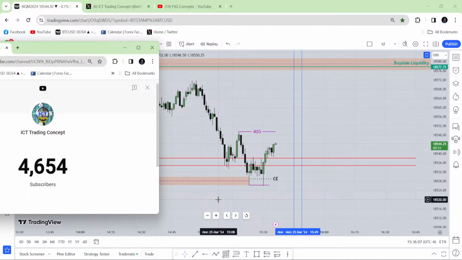Is that little swing high valid for MSS? I told you no. This one is valid for shifting market structure until now. Except this one, no market structure shift is valid, and all I need is displacement. Without displacement, if I see this type of Mickey Mouse move, I won't say this is a market structure shift. I need a displacement.